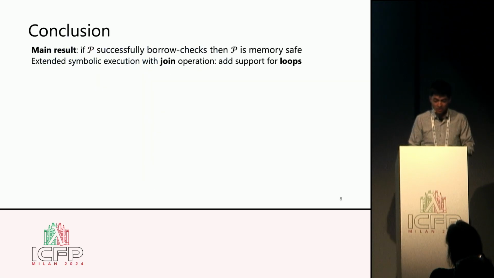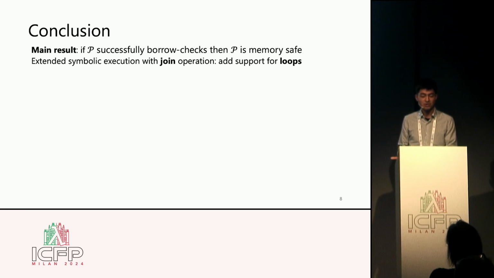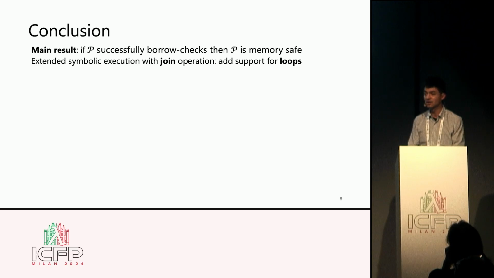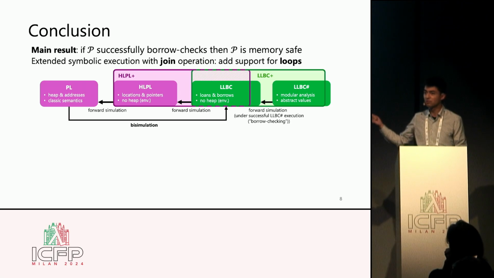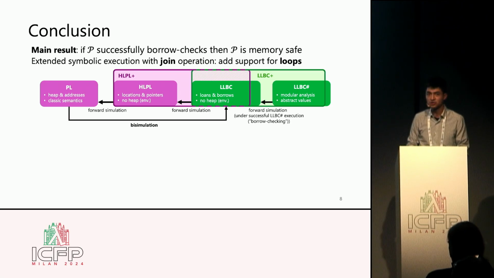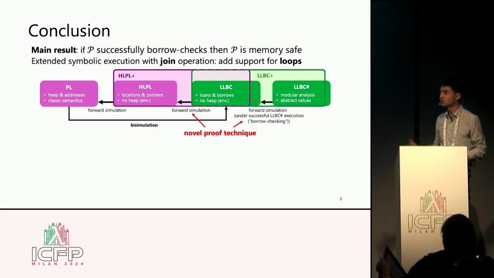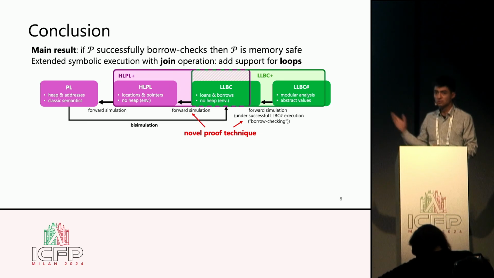So, as a conclusion, the main result of the paper is this soundness result, which is that if you have an LLBC program which successfully borrow checks according to the symbolic semantics we defined, then this program is memory safe. We also extended this symbolic semantics with a join operation, which allows us, in particular, to add support for loops. Now, there are many details in the paper, and in particular, the proof relies on a series of simulations between a sequence of languages. And in order to make that work, we had to introduce novel